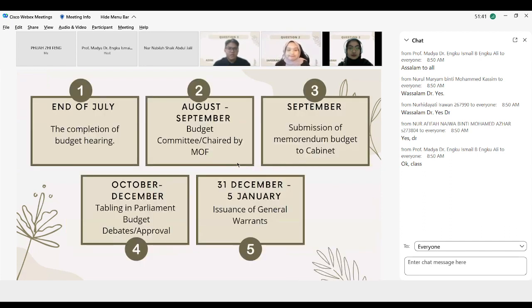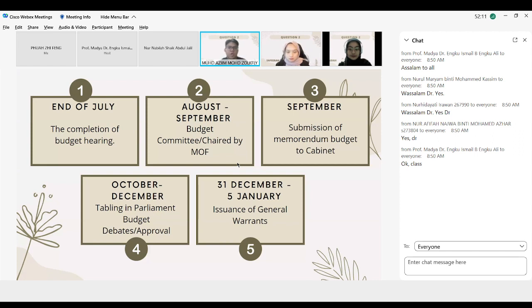Okay, thank you, Safira. So next, after the budget hearings are completed by the end of July, it is the time for the presentation of the recommended expenditure budget estimate by the budget review officers, which are BROs. This process is to ask for the consideration of the budget directors and also the submission to the Ministry of Finance. And after that, in September, the budget is sent to the cabinet for consideration before being introduced in